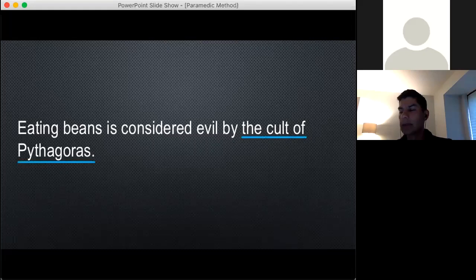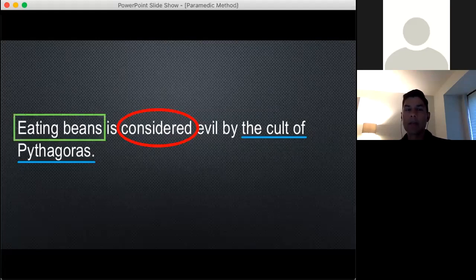And what is the action in this sentence? Considers. Okay, correct, considers. So the action here is that the cult considers. So the action is taking to consider what? Consider what? Eating beans that it's evil. The act of eating beans is considered evil. Okay. All right, so now that we know this,